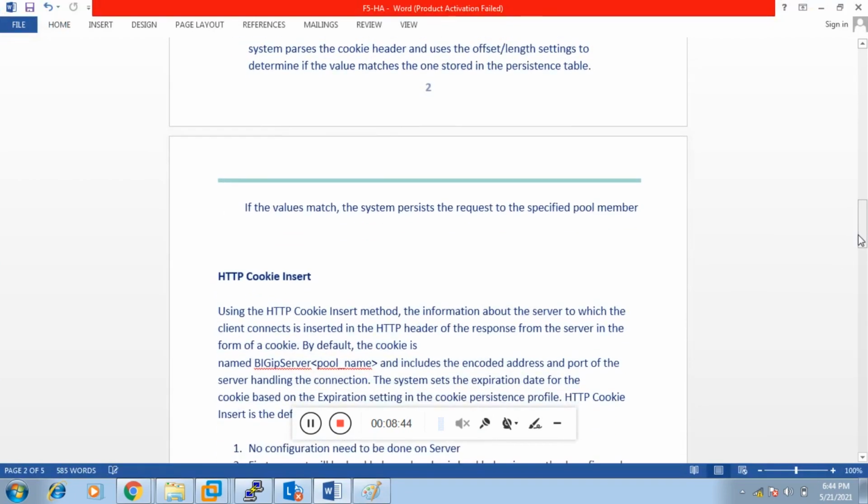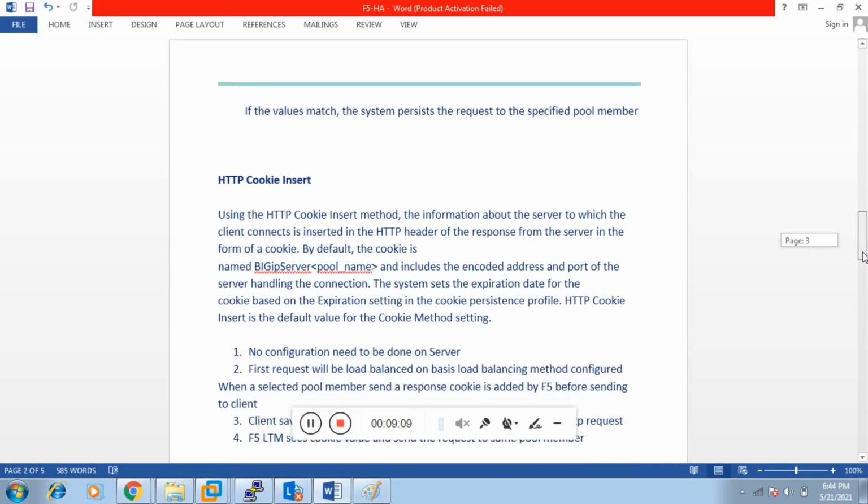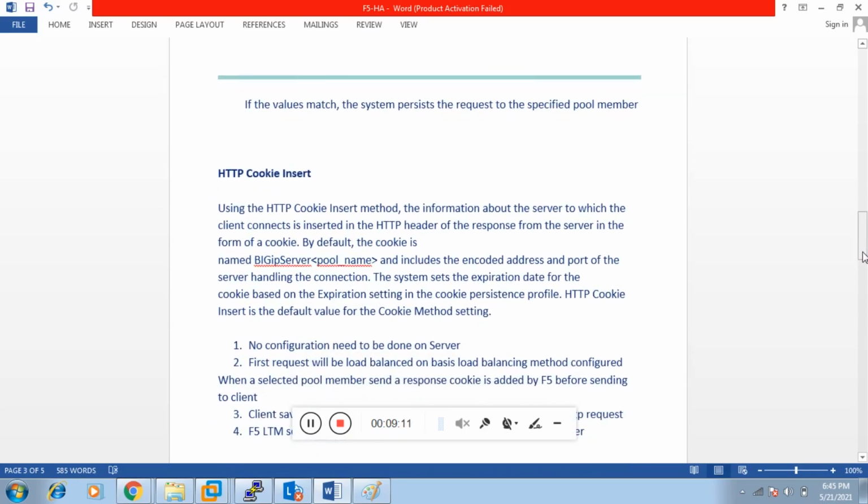Using the HTTP cookie insert method, the information about the server to which the client connects is inserted in the HTTP header of the response from the server in the form of a cookie. By default, the cookie is named BIGipServer pool name, and includes the encoded address and the port of the server handling the connection. The system sets the expiration date for the cookie based on the expiration setting of the cookie persistence profile. HTTP cookie insert is the default value for the cookie method setting. So with HTTP cookie insert, how it works is,